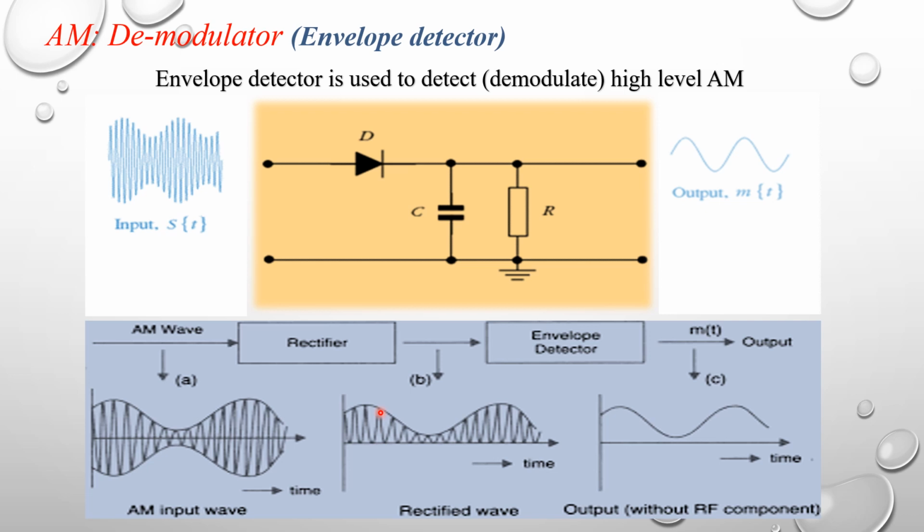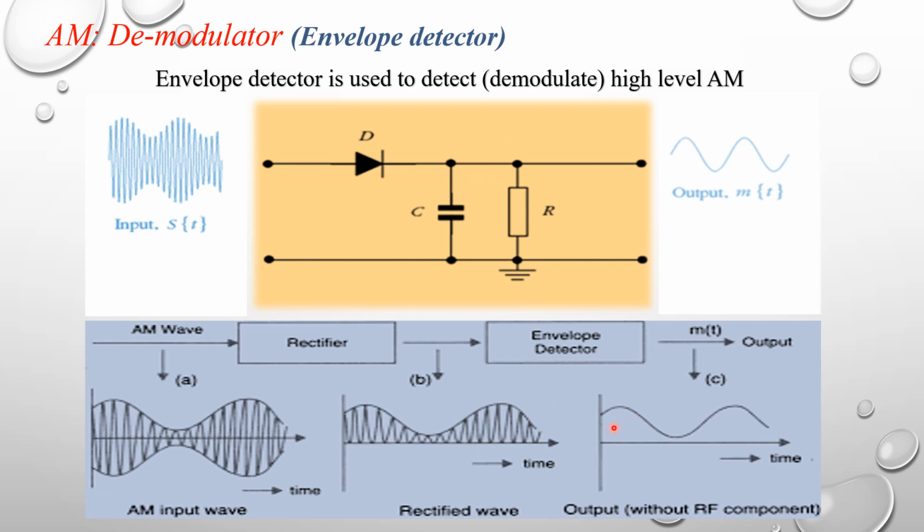The low pass filter passes the lower frequency and eliminates the higher frequency signal. The input is a combination of lower and higher frequency signals: this is the carrier signal c(t) and this is the message signal m(t). The frequency of m(t) is less than the carrier signal, or c(t) is much greater than m(t). The low pass filter passes the lower frequency signal.